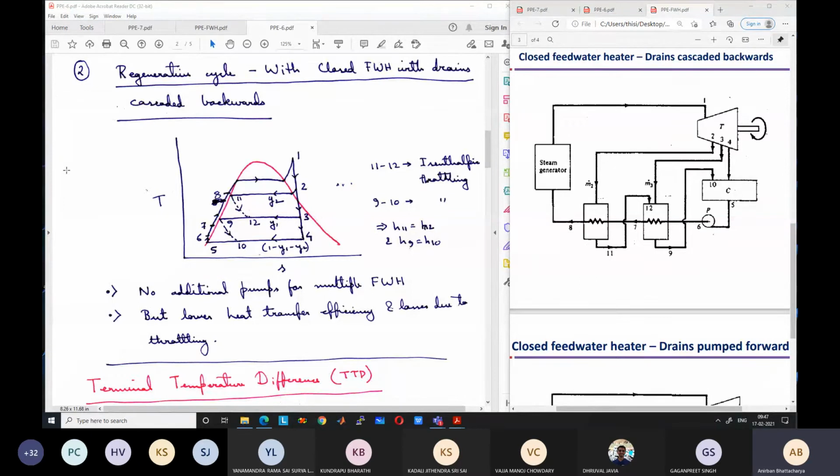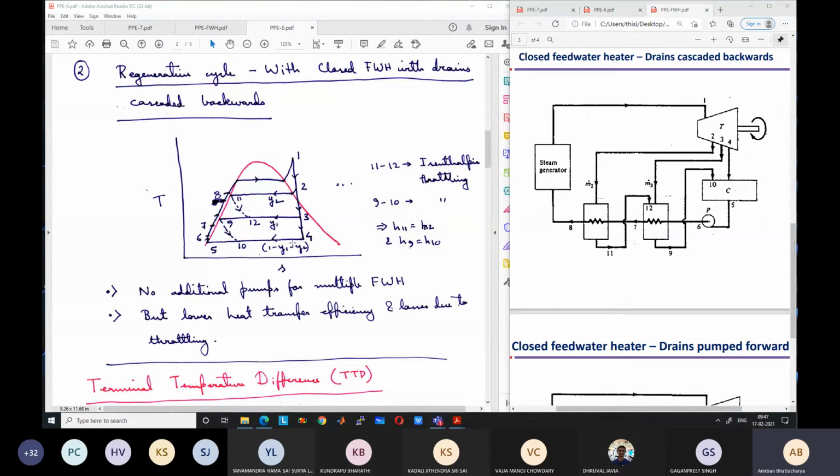So the condenser has a certain amount of cooling water flowing through it, right? That cooling water is brought to the condenser at a certain state, flows through the condenser, takes energy from the steam and goes out at a higher temperature. It is again released back to the lake or river from where it is taken, or it is passed to a cooling tower and again circulated back. So basically that energy is lost. So all the energy from 4 to 5 is not used.